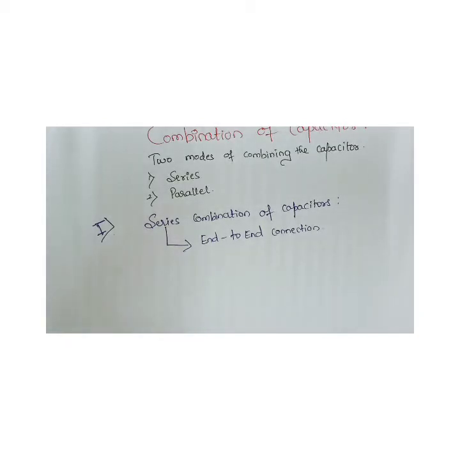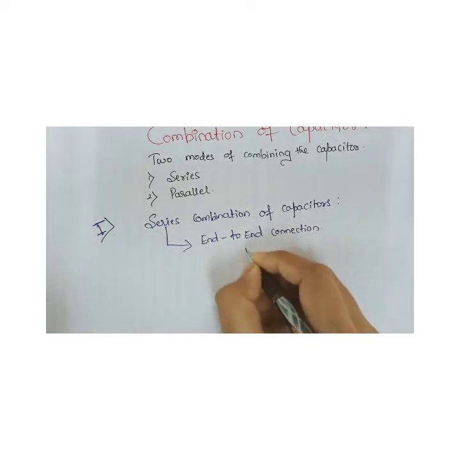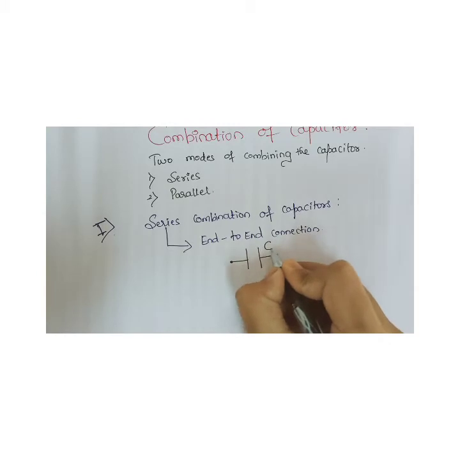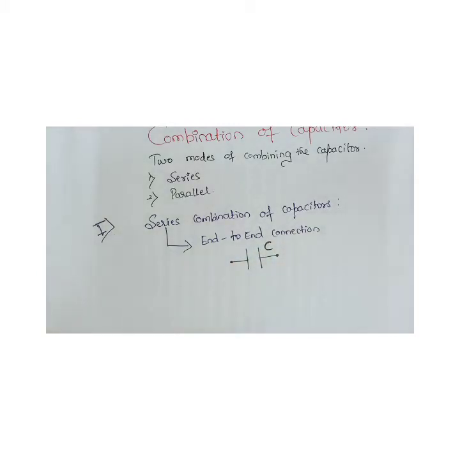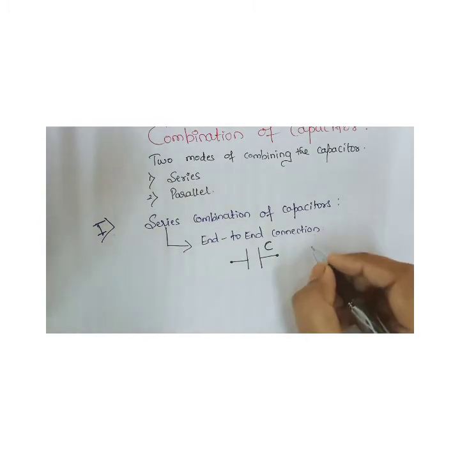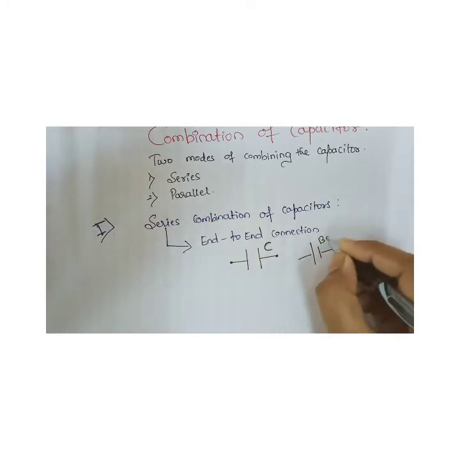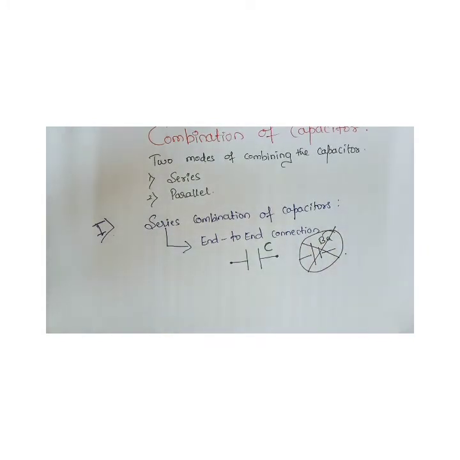How is the capacitor represented? There is a symbol to represent a capacitor: two parallel lines, with C, which represents the capacitance of the capacitor. Some students, I have seen in the examination, draw the capacitor differently. This is wrong, this is the symbol for a battery. If you draw this for a capacitor, then you will definitely lose your marks.